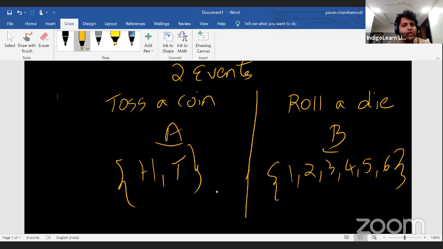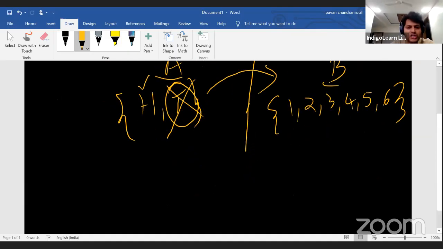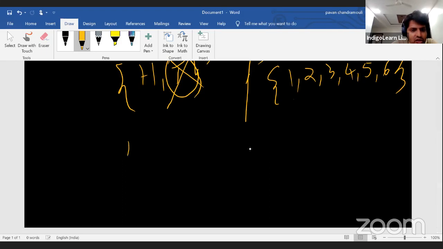Now, whatever total possibilities that you had now becomes only 50% because this event will not allow you to do the next event. You will be able to roll a die only when you complete this event, or vice versa. Okay, so how do we use this notation? It is used with a notation called P of A by B. Now, what does it mean? Or P of B by A.